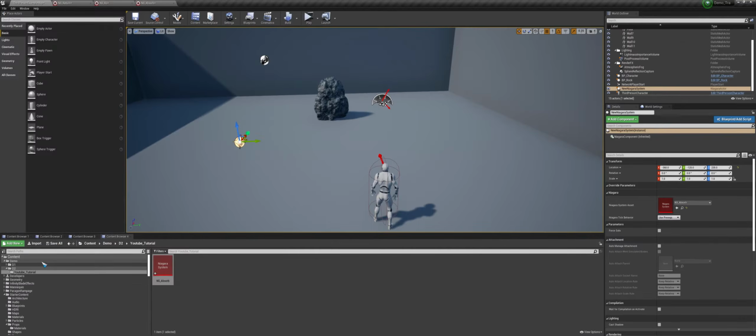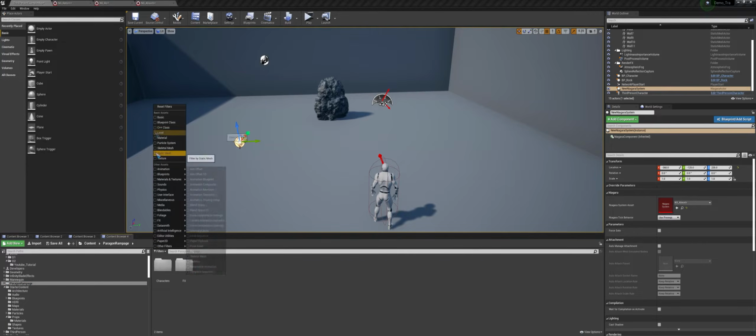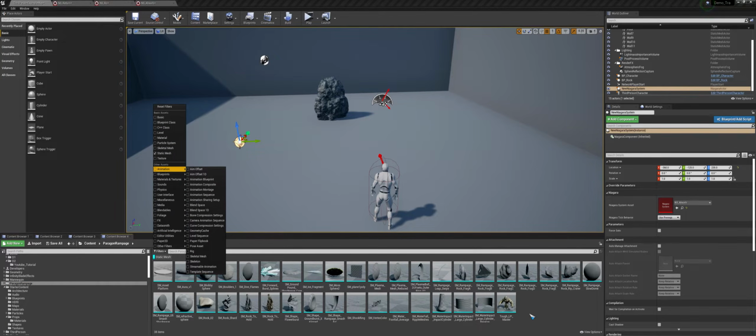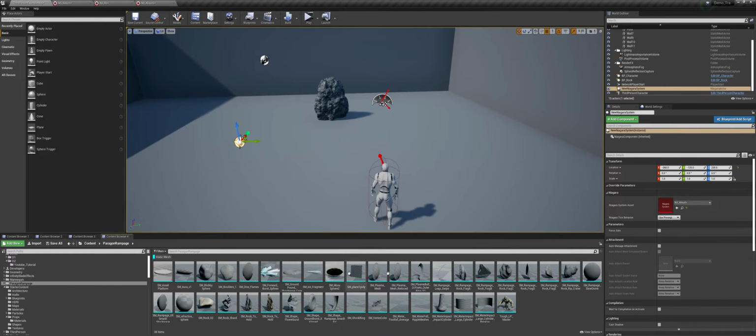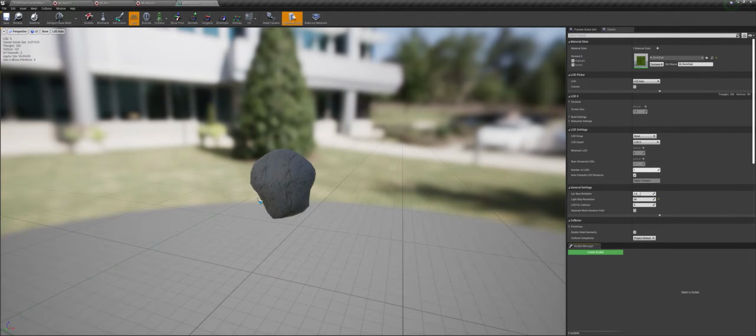So to find the mesh, I have found a great mesh in the Rampage pack from the marketplace, but I think you could also find better rock meshes from other packs, or you could also model your own. So we are going to use this SM boulders.